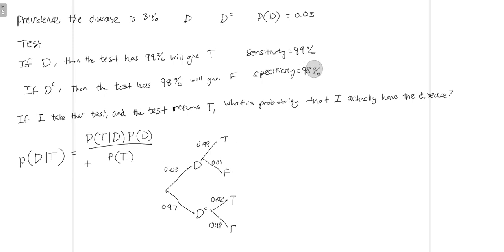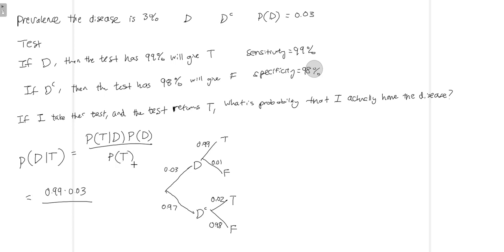So let's see these numbers here. This is the probability of getting a true if you have a disease, so that's 0.99, times the probability of having the disease, 0.03, over the probability of